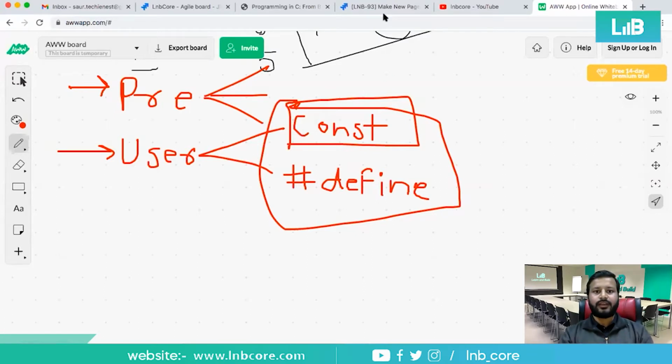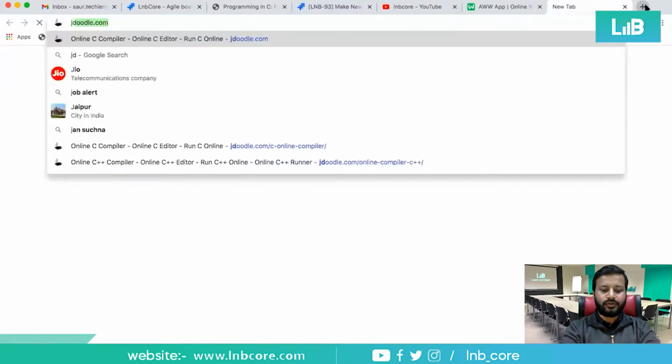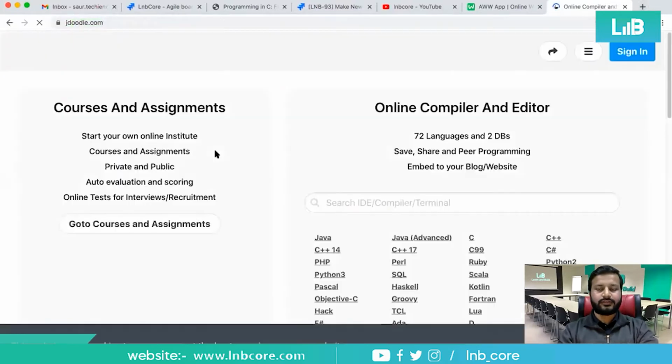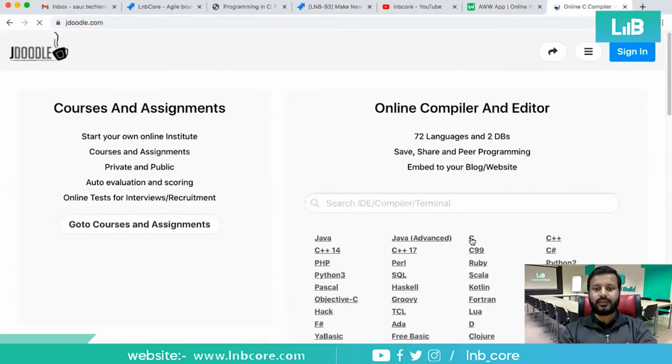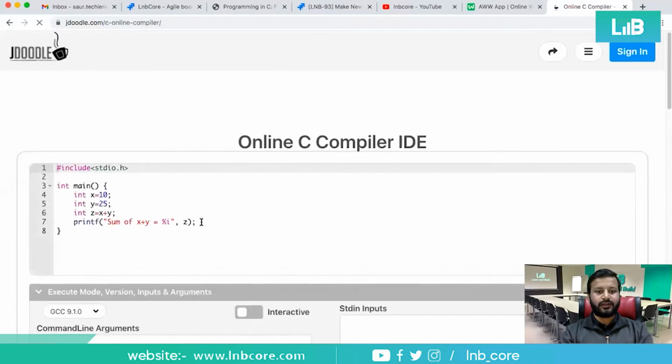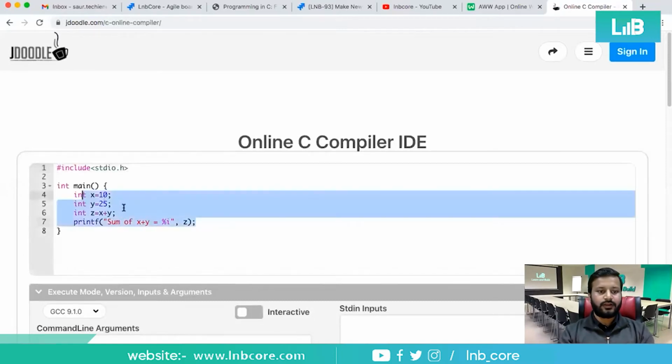Okay, now let's go to the online compiler JDoodle. Here let's choose the C compiler, and it will show us a default program.